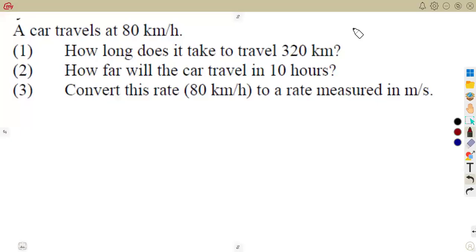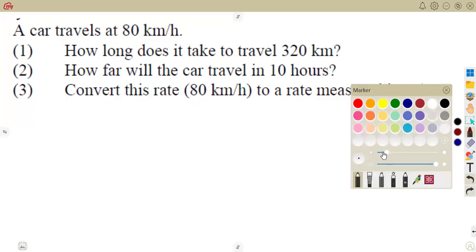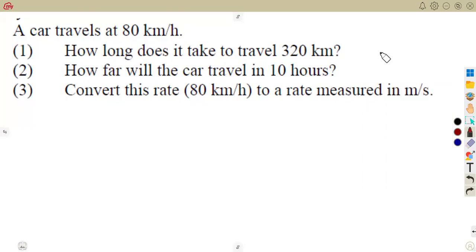So in this class, we are going to consider answering typical questions of this nature. That is, we are working with the rate, all right? As we had in our previous class where we managed to work with the ratio, all right? Remember I was saying on a ratio, you are sharing or you are dividing